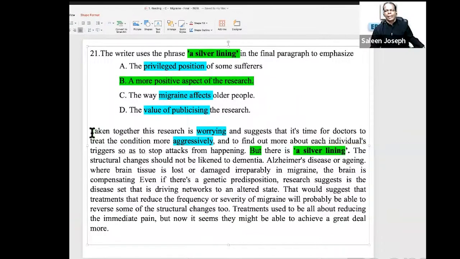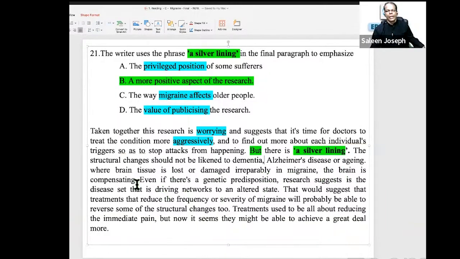Now, first they are speaking the negative aspect, worrying aggressively: you should do this, this is not enough, research is not good, research is really worrying. But there is a silver lining. The structural changes should not be likened to dementia. Dementia means units of that brain are already dead and gone, as in Alzheimer's disease or aging. The positive silver lining is this: where brain tissue is lost or damaged irreparably in migraine,